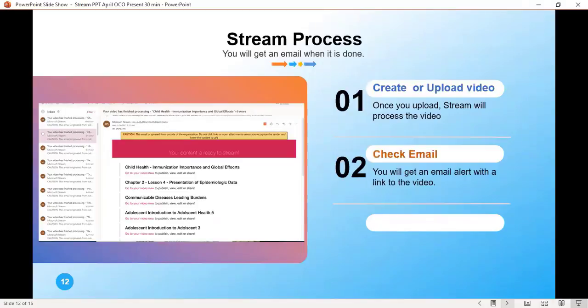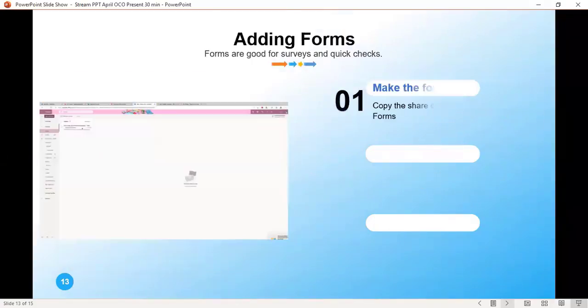Stream processes the video. The video gets done, you get your email, but the transcripts take about twice as long. So if your video's half an hour, your transcripts will take another hour. Once it's in there, you get some really basic tools to trim and test. I mean, really basic, like you can change the length of it, but not anything else.